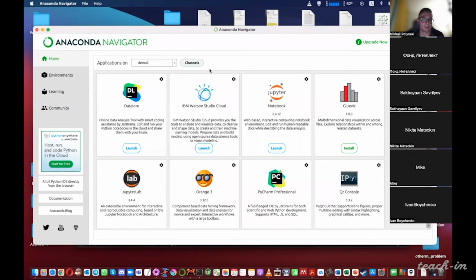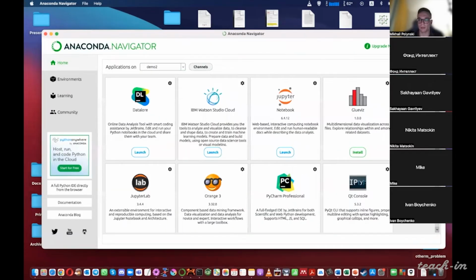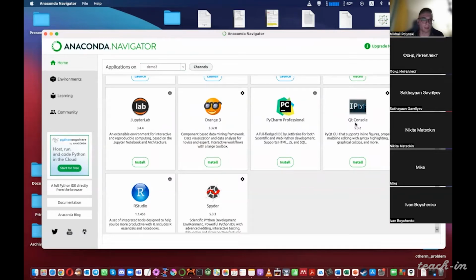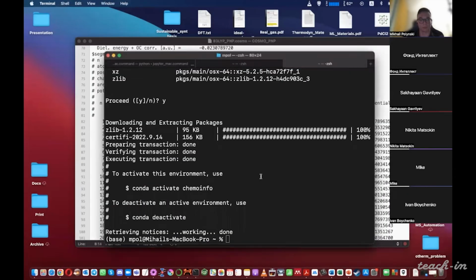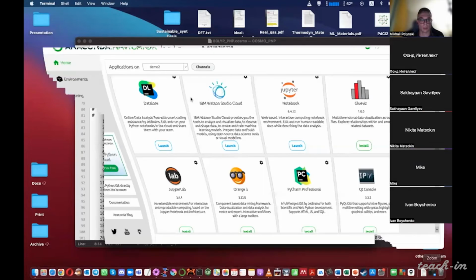You should just use the Windows command prompt. Here I have some consoles like Qt console. However, of course, the environment differs from that installed by default on Windows. Okay, I understand now. Thank you. You should search for the command prompt here.